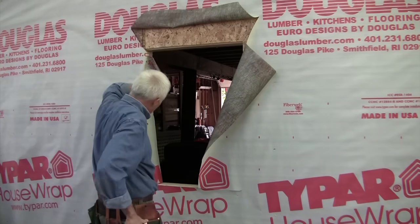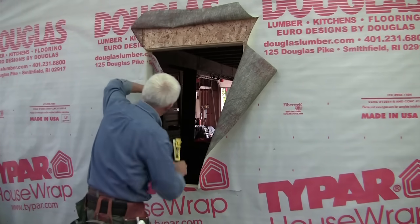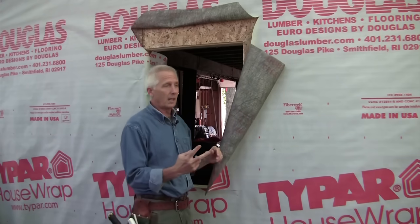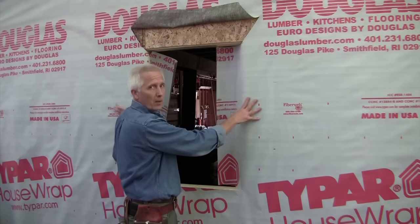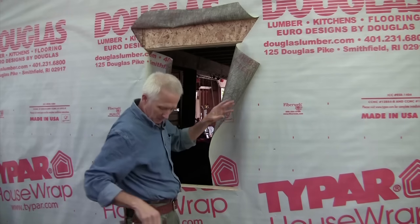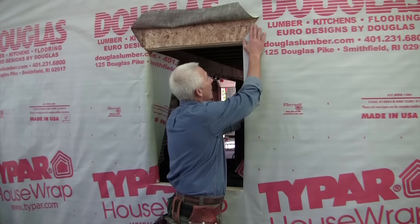Now there are a couple of different ways to do the sides. Let me just get this out of the way for a minute here. I'm going to show you two ways to do the sides. One on this side, one on that side. Pick one or the other, don't do both like I'm doing here. I'm just illustrating so that you can see two different ways. On this side,